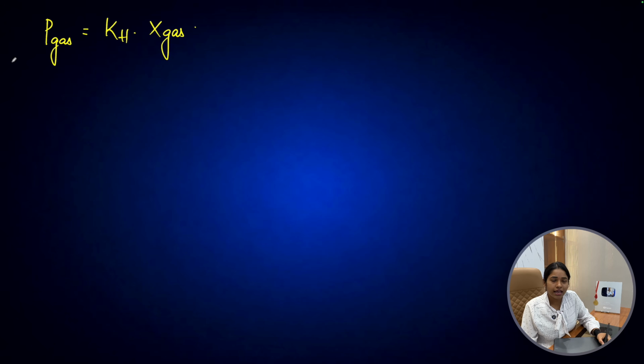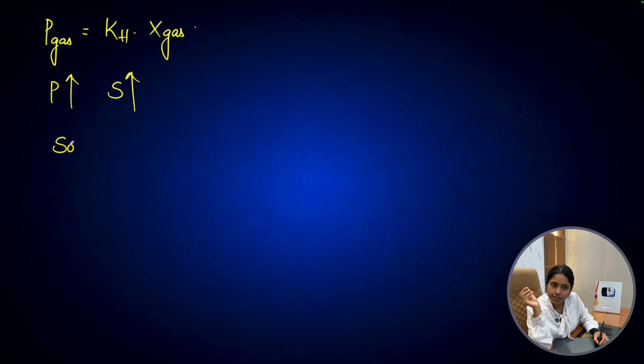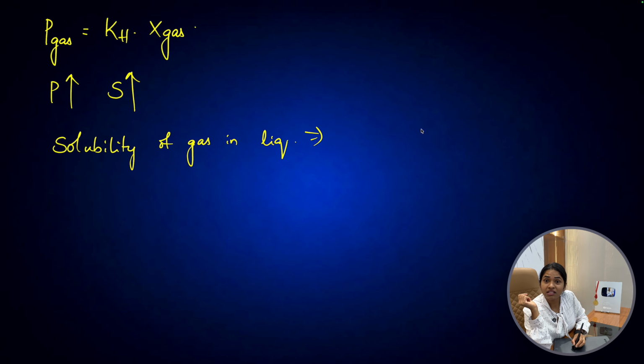Now, if I increase the pressure, what happens? Solubility increases, fine. And the solubility of a gas in a liquid is an exothermic process. What is this process? It is an exothermic process, which means it releases energy outside when the gas dissolves in a liquid. When it is an exothermic reaction,